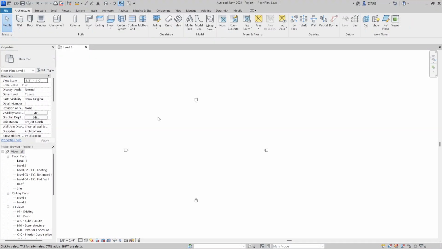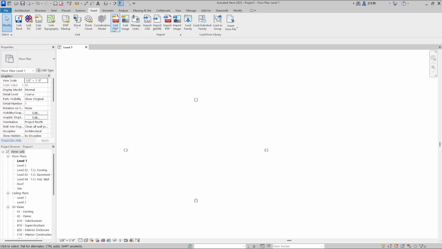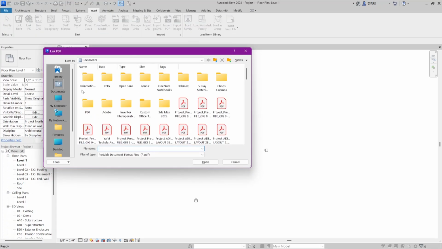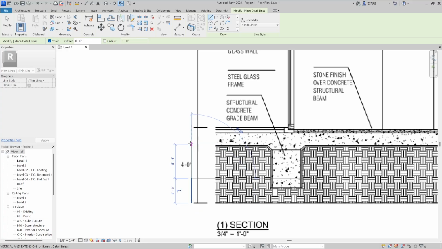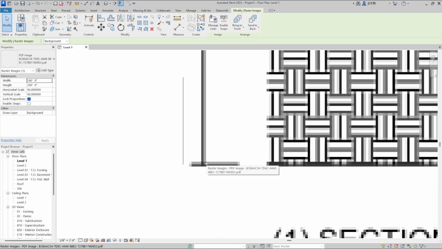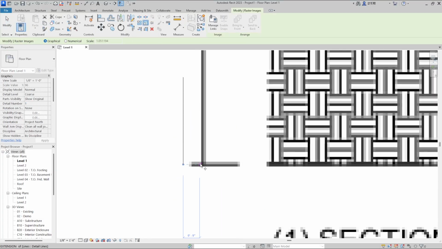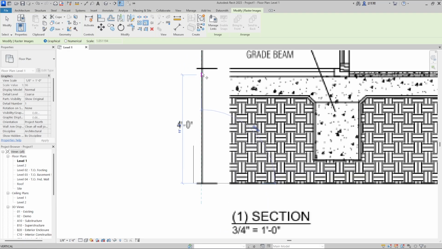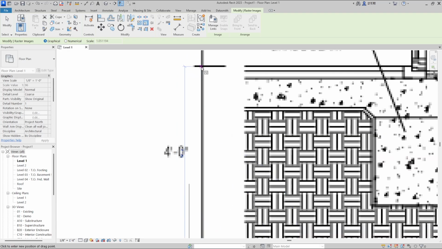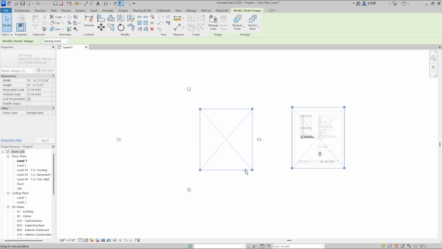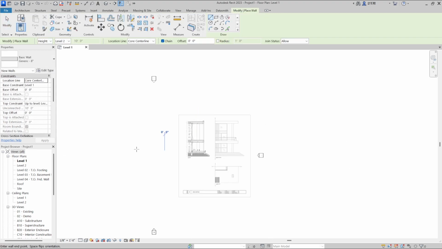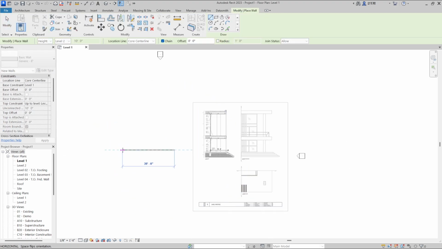The first thing we're going to do is go to the Insert tab and click on the Link PDF option and import the 2D detailed drawing we've made. And then adjust the scale of the drawing by going to the Modify tab, select the Scale tool, and adjust the scale of the drawing. Once you have the right scale, drag the drawing to your work area and start modeling by creating the first